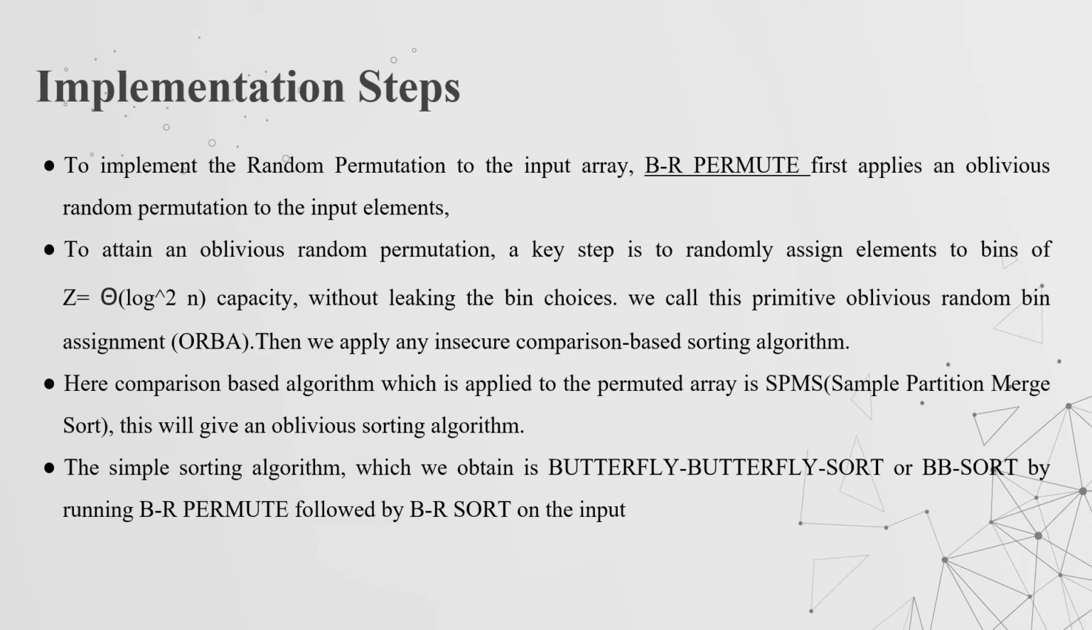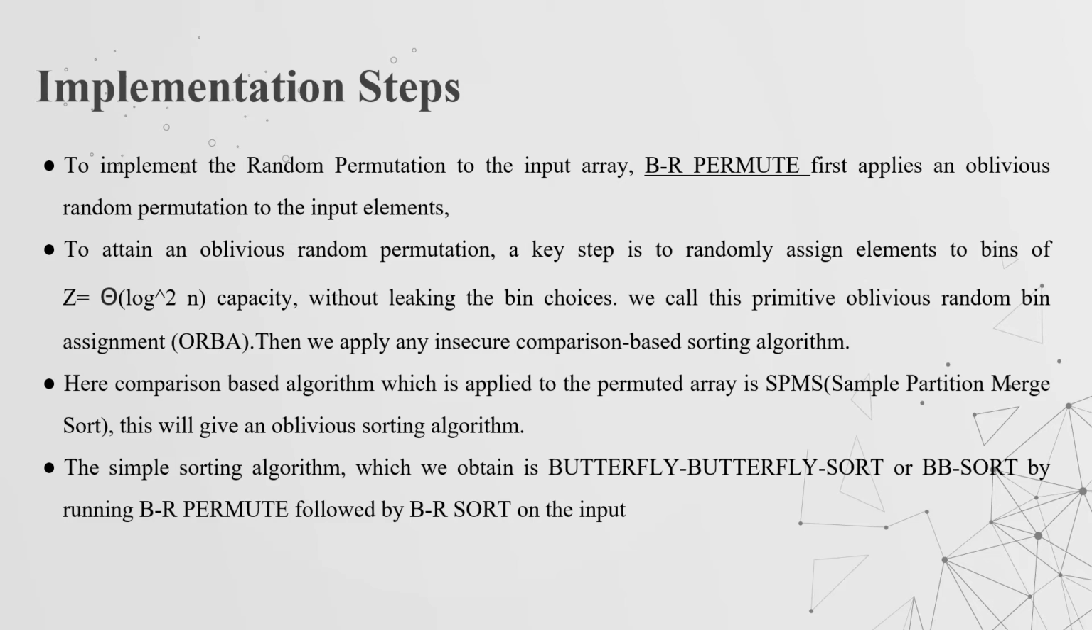Coming to the first step, we process the input elements into bins using a technique called oblivious random bin assignment, in short ORBA. Your bin will have a size of theta log square n, and each element is given a value between 0 and beta minus 1, each of size Z. So our task is to move